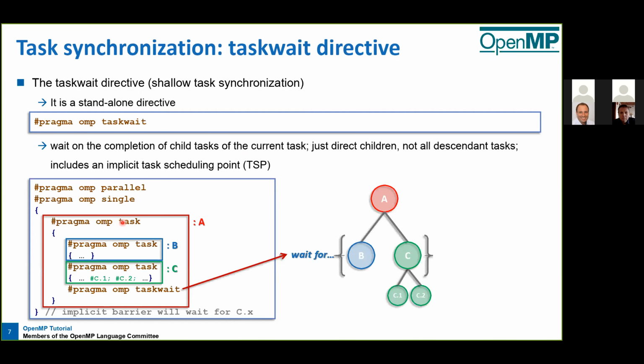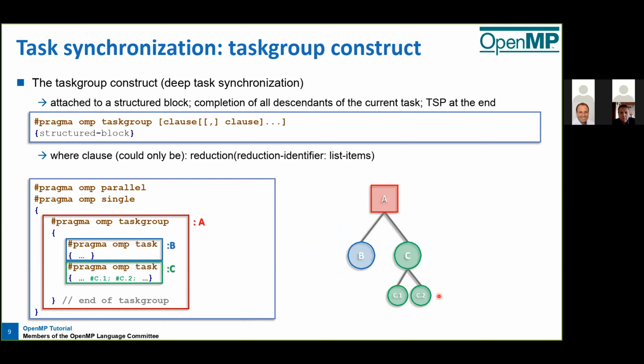Now, the taskwait has been part of OpenMP 3, the initial OpenMP version that included support for tasking. Many people said, what can I do if I want to wait not only for B and C, but also for C1 and C2? And this is why we have the taskgroup construct. So it contains a structured block. And at the end of the taskgroup construct, by default, there's a synchronization point that waits for B, C, C1, and C2. So it waits for all the tasks that are being created within the dynamic extent